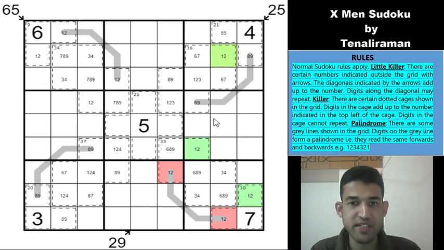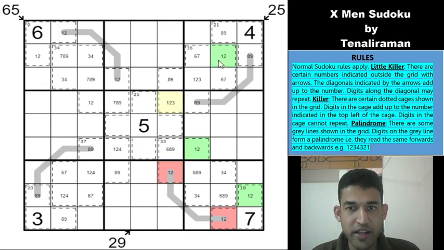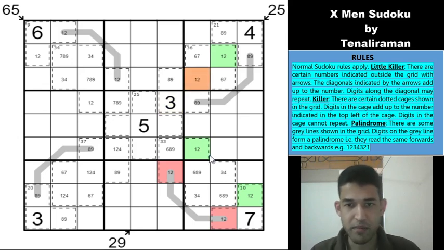And now you'll see why it is helping us. Beautiful. So if you look at this cell, it cannot be a red cell or a green cell, because it's in the same cage. It is able to have an effect on this cell. So if this is 1 or 2, then both of these cells become 1 or both of these cells become 2, which will lead to a clash here, which means that this has to be neither a 1 nor a 2, and it can only be a 3. So this would have to be a 1 and 2 now, and that becomes a red. Beautiful. So this is why coloring is helping us.